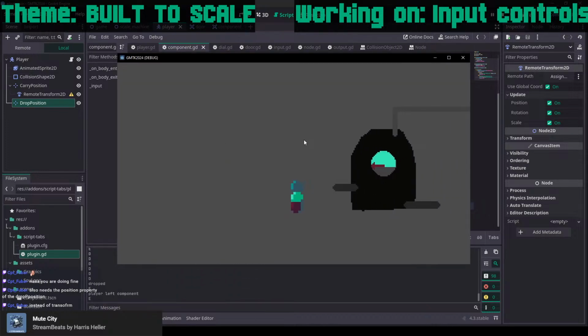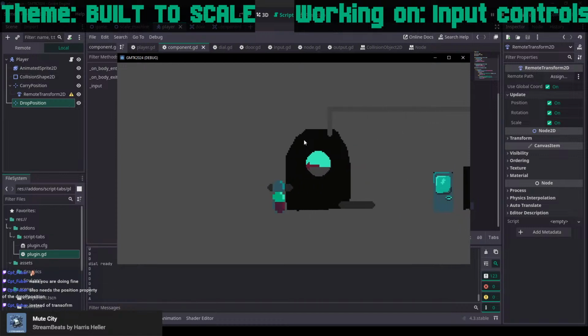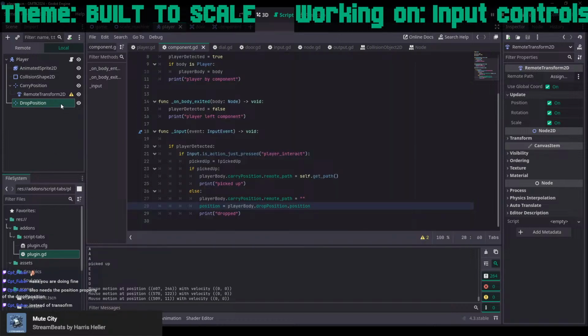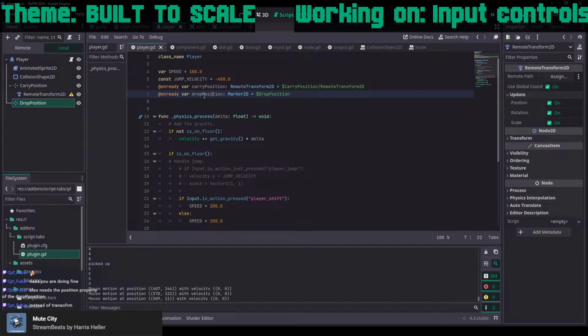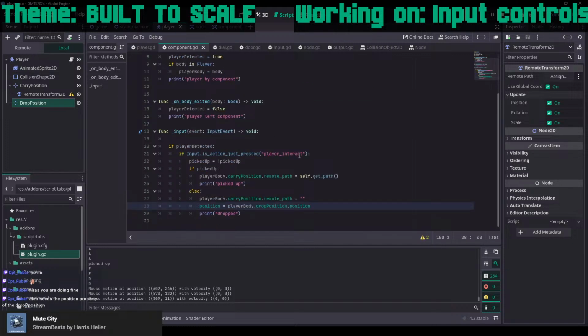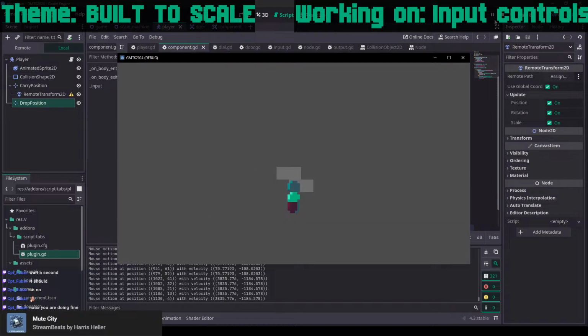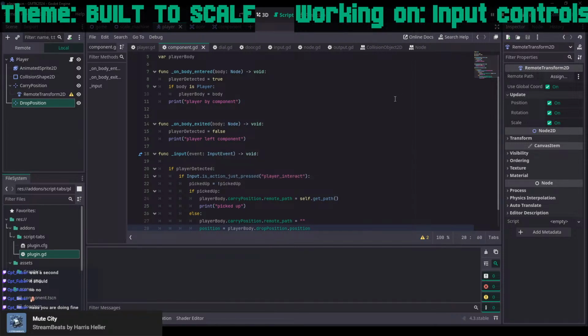Okay, so pick it up and when we drop it, we dropped it back here, right? Because that's where our player spawned. So this drop position doesn't take into account the movement of the player. Is it because... no, because it's not where we're picking up the object, is it? Let's reset it. Is it dropping it where we picked it up, or is it dropping it at the initial position of,